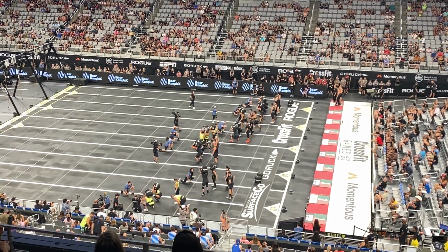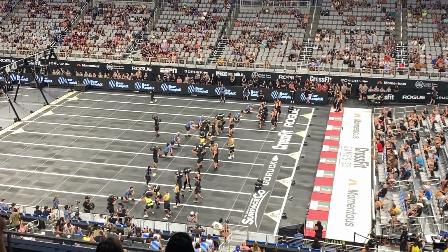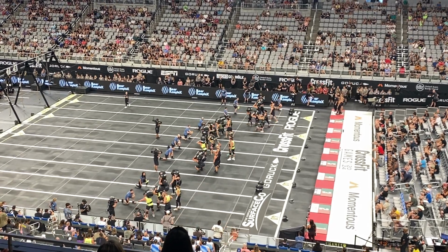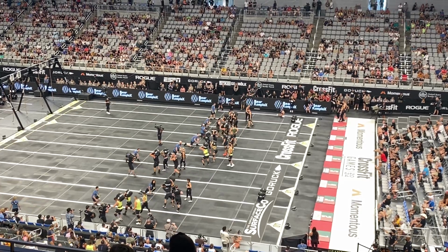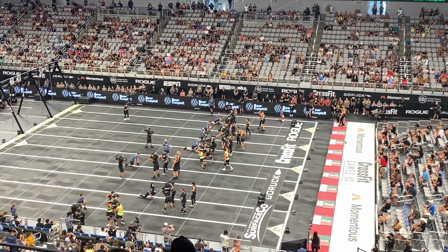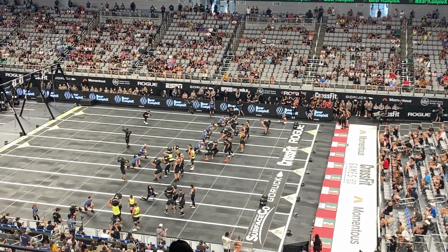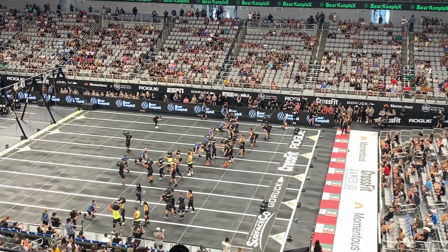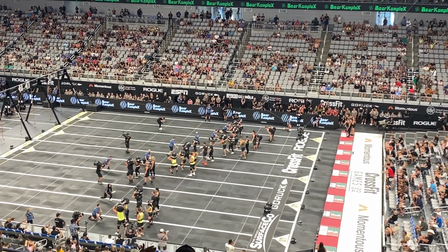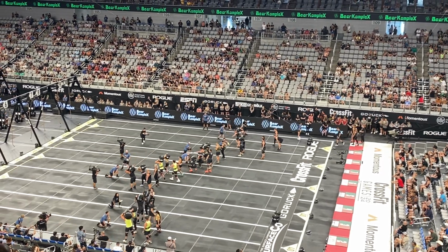This event, 16-minute time cap, beginning with 40 sandbag squats, 200 pounds for the gentlemen, 150 pounds for the females. They are advancing every 5 reps. These are synchro sandbag squats, as you can see. As the teams advance forward, when they reach the ropes, they will each execute a legless rope climb, then move forward to the Concept2 ski erg